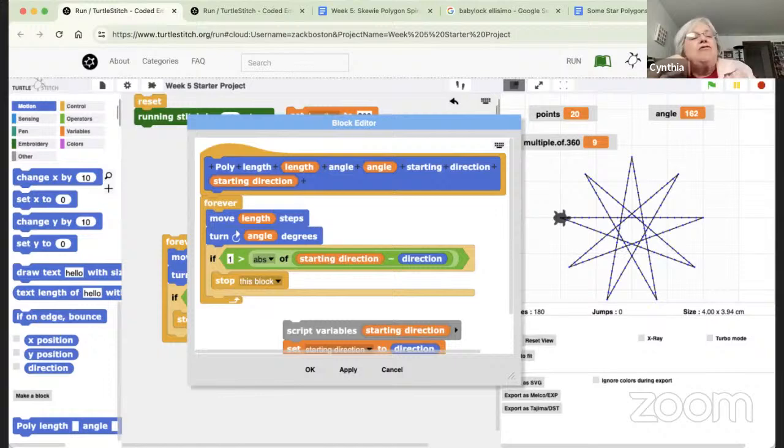So you could write a super procedure so that you don't have to always worry about starting direction. You need it as part of the stop rule, but it isn't like length and angle. So now when you run Polly,